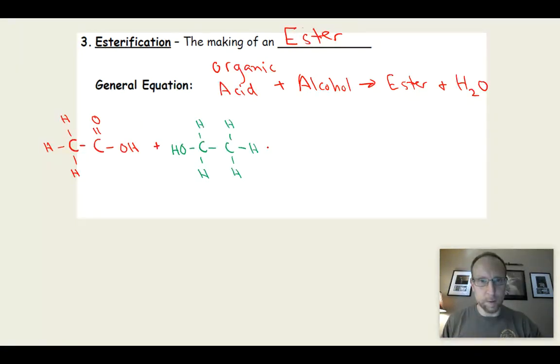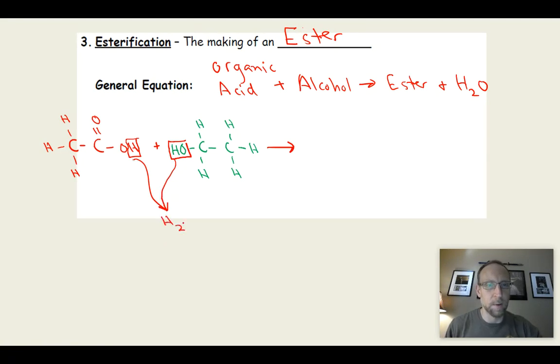And that's going to make what? All right. So what do we get out of this? Well, what's going to happen here is this is my organic acid over here, right? COOH, my organic acid. So remember, acids produce H plus ions in solution. So this H right here is going to come off. And then this OH in the alcohol is going to come off. And H and OH make H2O. All right, so now those two are going to come off and form water,